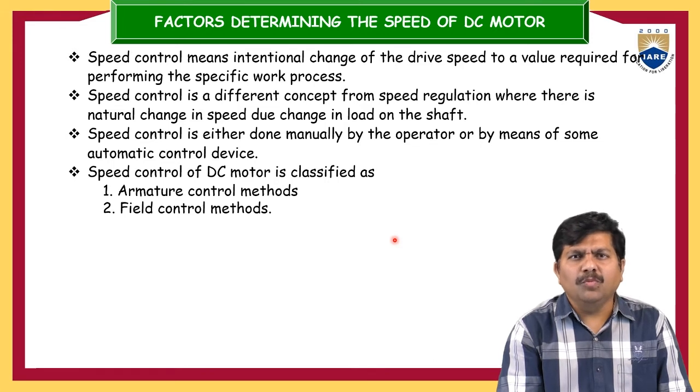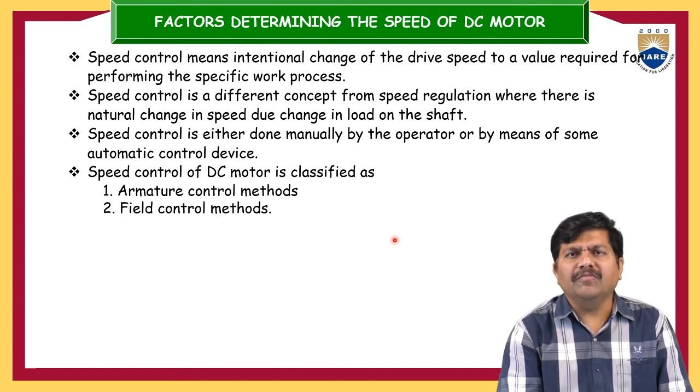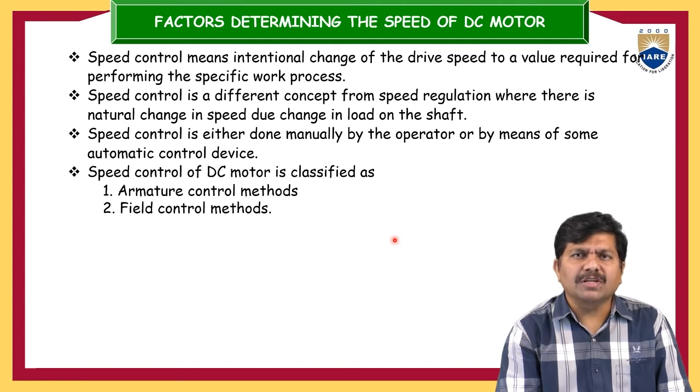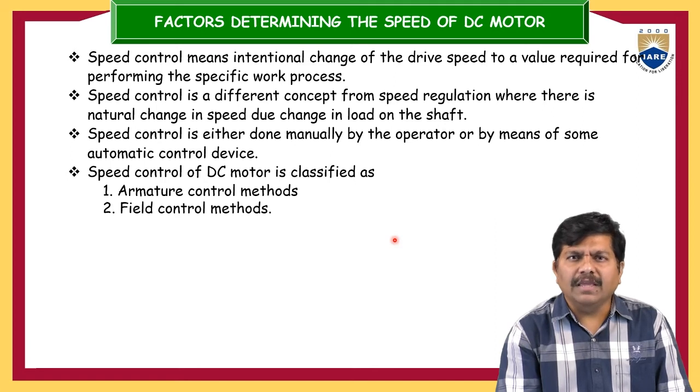Now, broadly, there are two more methods. The two methods are nothing but varying the armature parameters or varying the field parameters. Now, we are going to control the speed of the DC motor, so that's why these are the armature control method and the field control method. Speed control can be done either manually by the operator or by means of some automatic control devices, which are going to regulate it. Now, in the armature control method, they are going to regulate the Ia. By connecting potential dividers or tapping-type rheostats, we can control the Ia value. So, proportional to that, the speed will also vary.